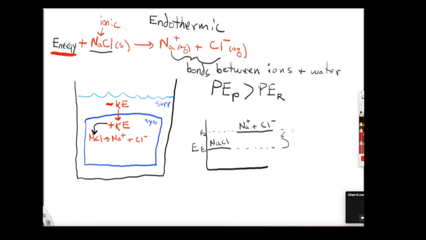So this is going to be your plus KE. And it is going to be the difference between where we finished with the ions bonded to water versus where we started with the Na bonded to the Cl. And this thing right here